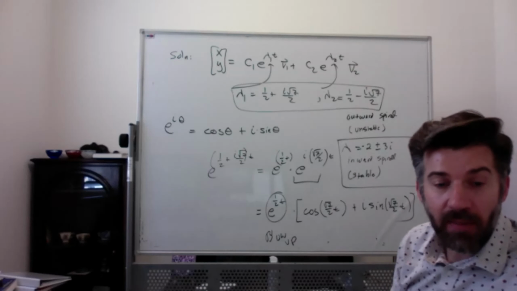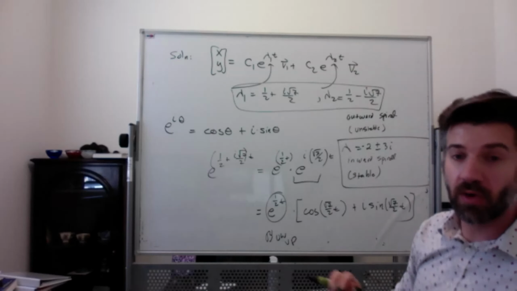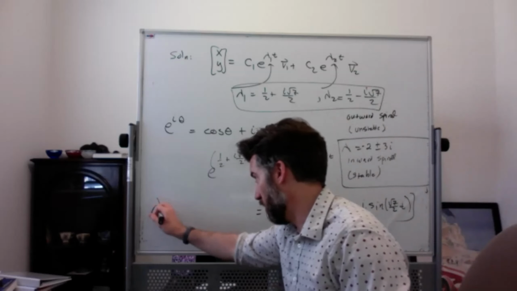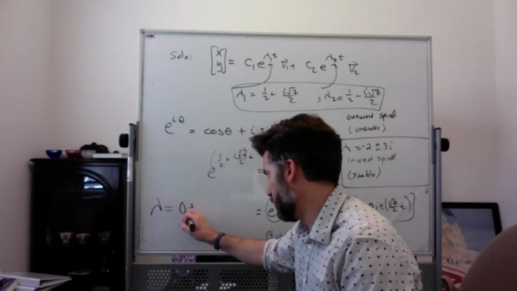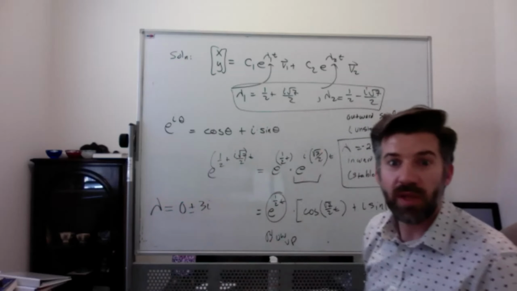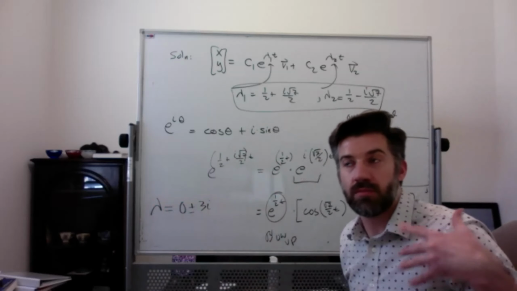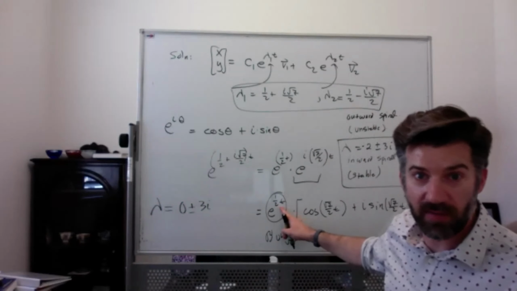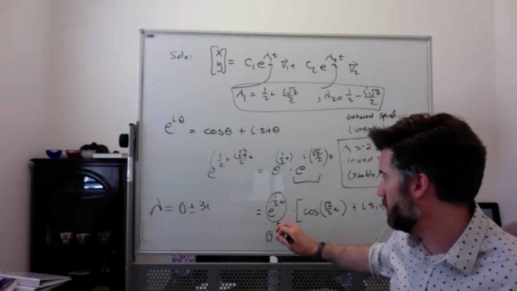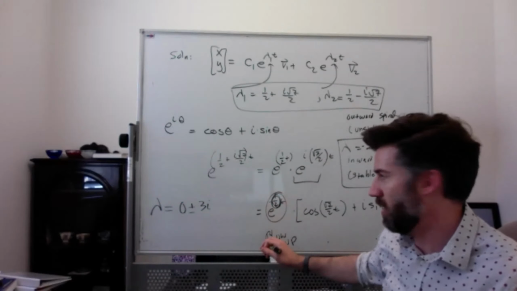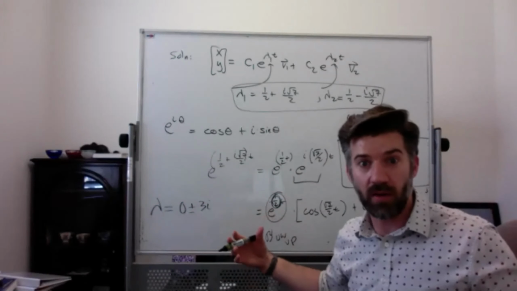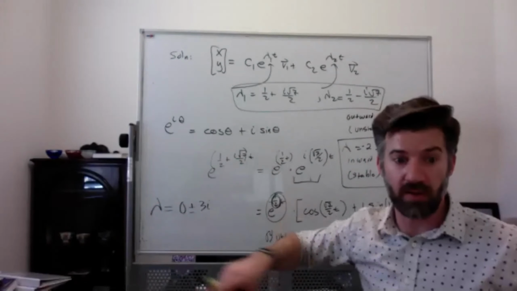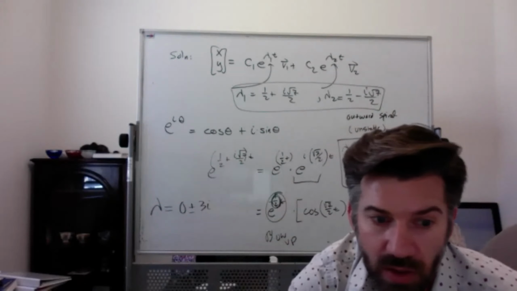And the last thing that can happen is that you can have a purely imaginary eigenvalue. So if you had eigenvalues that were like 0 plus or minus 3i, well, then you don't have any growth or decay, right? You don't have e to the 1/2 t getting larger or e to the 1/2 t getting smaller, right? You don't have this or this. You have e to the 0t, and that's just going to make it not get bigger or smaller. So you're going to have just a neutral spiral where you just keep circulating around and around and around,